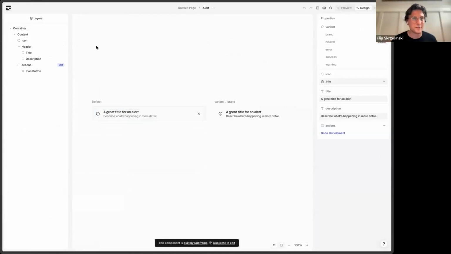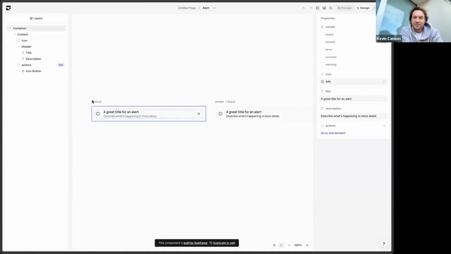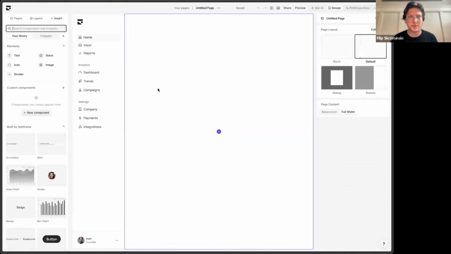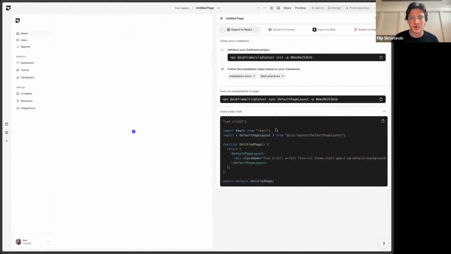Like I said, everything you see in Subframe was designed and built in Subframe, so everything is possible. Components get synced. These are sort of your building blocks, and that could be custom components too. We could show that in a minute, but these get synced. So Subframe is kind of the source of truth, and that gets pushed to code, so your components live in code. Whereas the page level stuff, right now, is essentially a copy and paste workflow